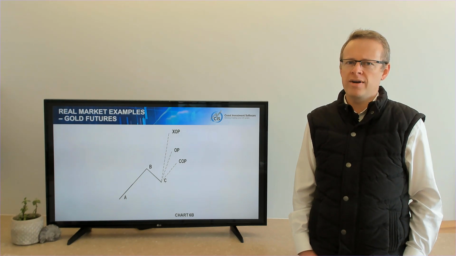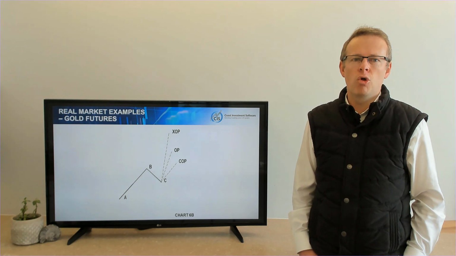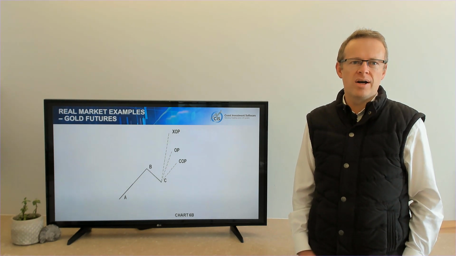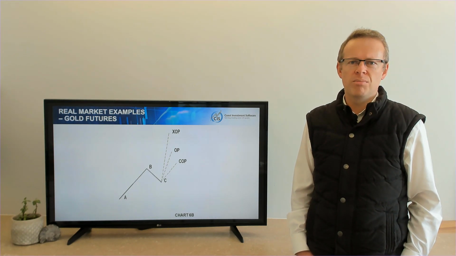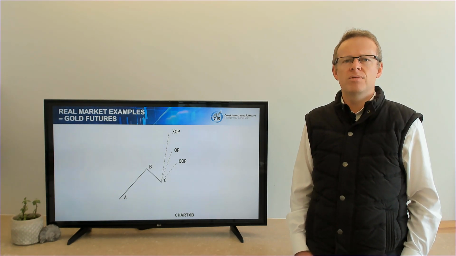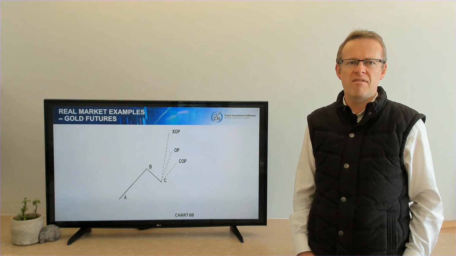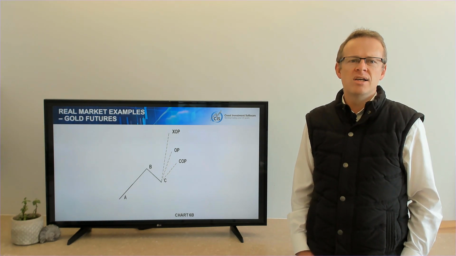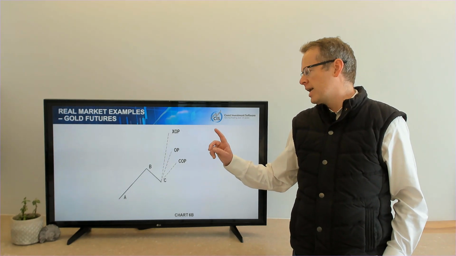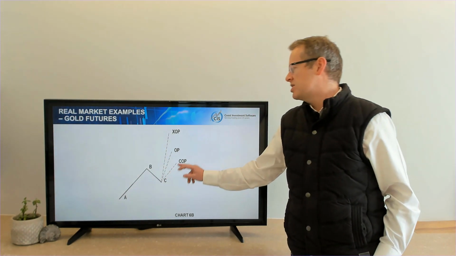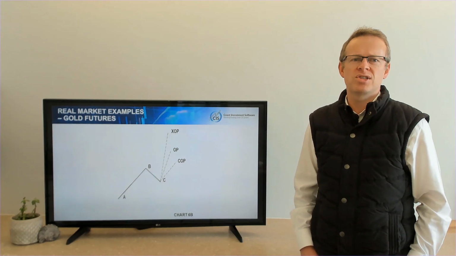I love gold. I'm South African. We have a lot of gold miners down here. So I always use gold as a good example. Joe also talked about this specifically in 2002 when he was down here in South Africa, and we'll be looking at that shortly. So going back to an expansion, you've got an A, B, C, COP, OP, XOP upwards, and